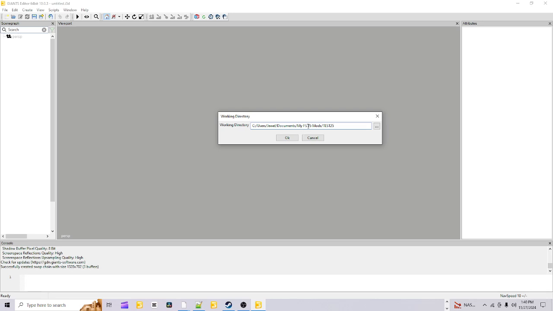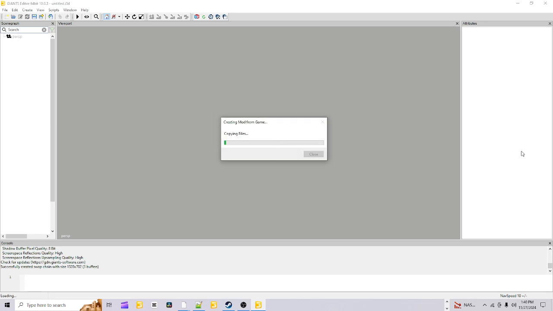It is now, but it wouldn't be on your desk yet if you hadn't made one that said that. So it's automatically going to make this folder in the C drive, documents, or whatever you put yours to. You could put it wherever you want, make the folder wherever you want, but I usually just let them make it, so I have a little folder there. It doesn't matter to me. And so we're going to hit OK, and let it do its thing, and then we're going to save it,